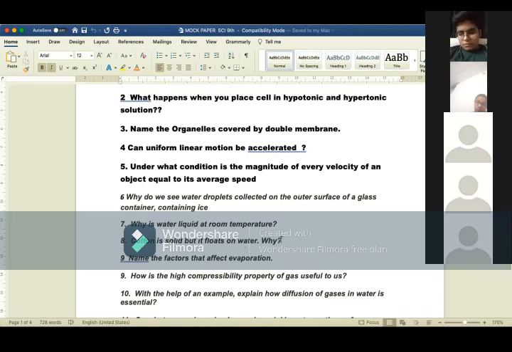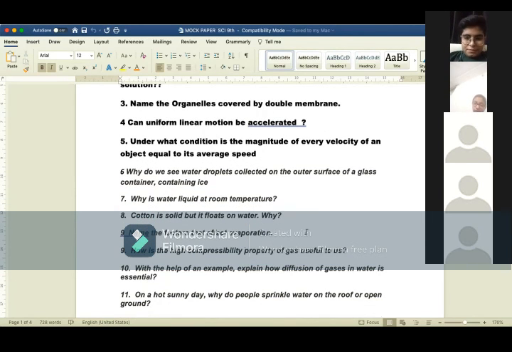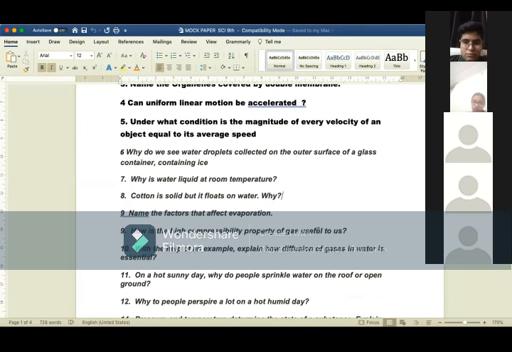Now the time is finishing, children. I will post this paper on your class group. Do all the questions. Practice all the questions. And those who have not come and have not attended are at loss. But still, I am posting the question on the class group. So all of you should practice this and do all the best for your exams. Do read your paper carefully. Understand the question and write.